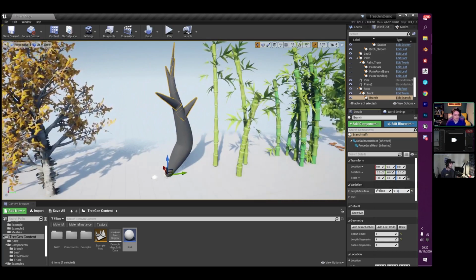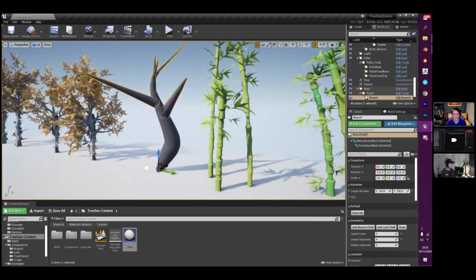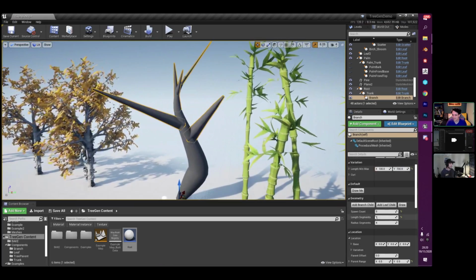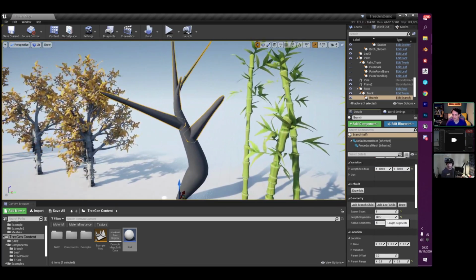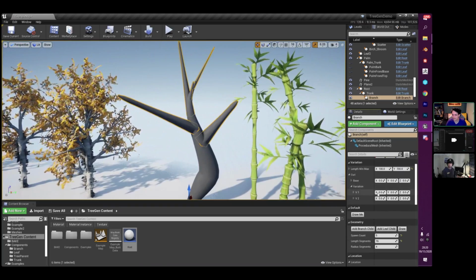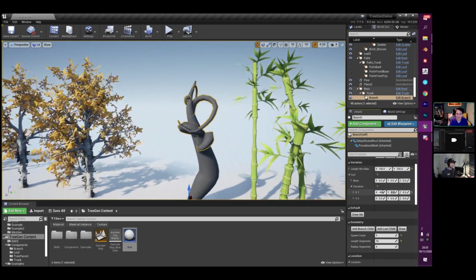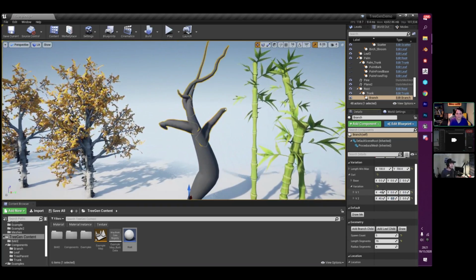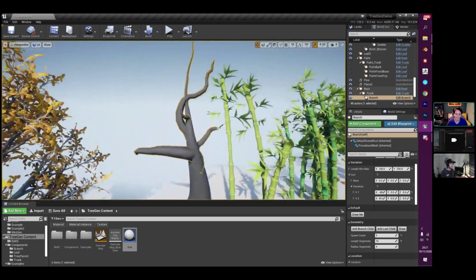Just increase that a bit more. Something like that. And then what else can we do? If I increase my number of length segments, we can add some curl to it as well. So if I start putting some numbers into these curl values, you can get some interesting